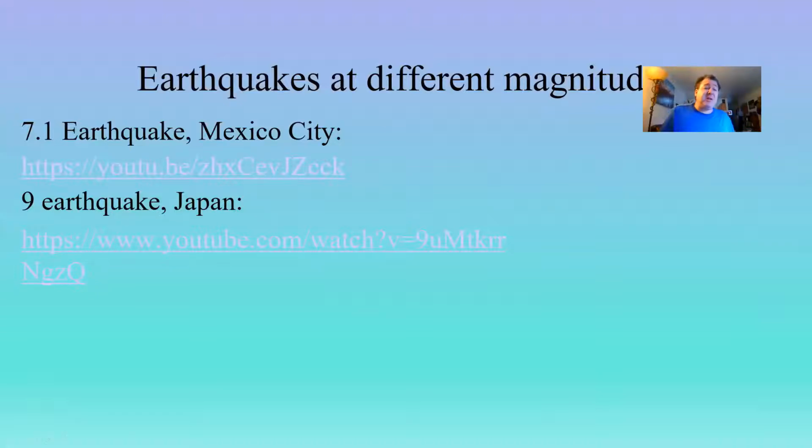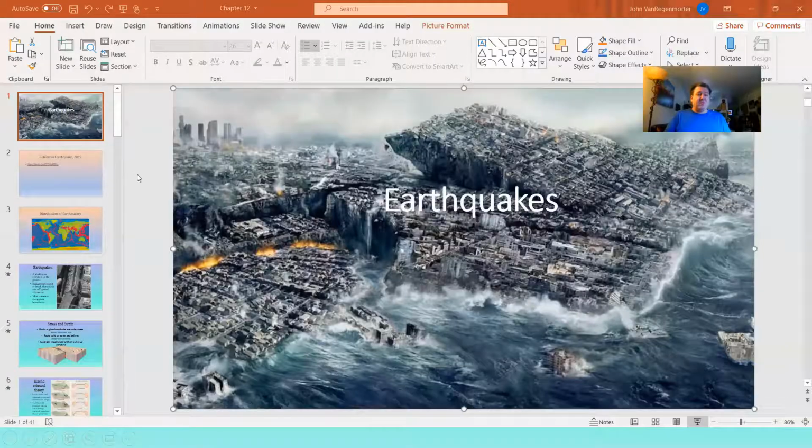And then I want to show you a 9.0 earthquake that happened in Japan. So 9.0, almost 2 levels up, 7, 8, 9, right? So we're talking 100 times more ground shaking and 900 times more energy release in this Japanese earthquake. And I'll tell you why that's important here. But first of all,